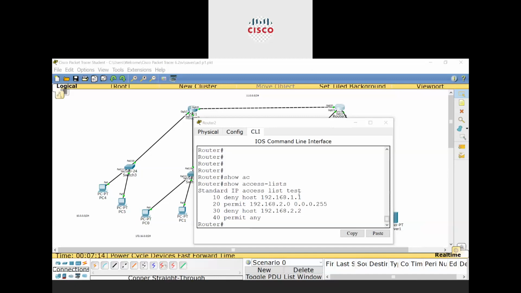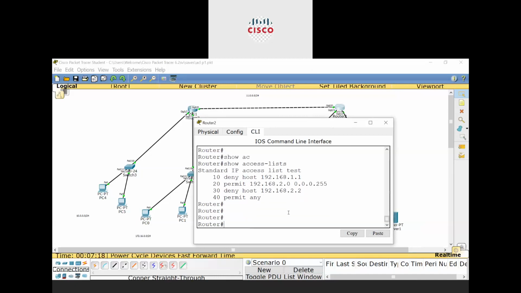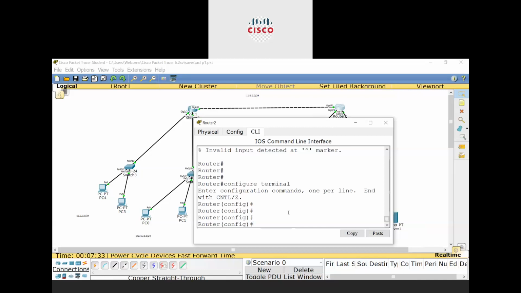So to remove the access control list, I have to go to configure terminal, then no access list.